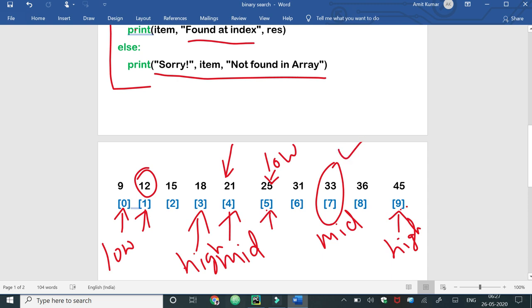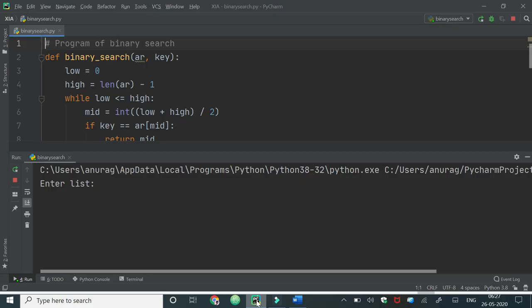So let's see the response of this program in a Python interpreter. Here we have a program, the same program we have written here, and when I run this program, it will ask for the list here. So when I enter a list,